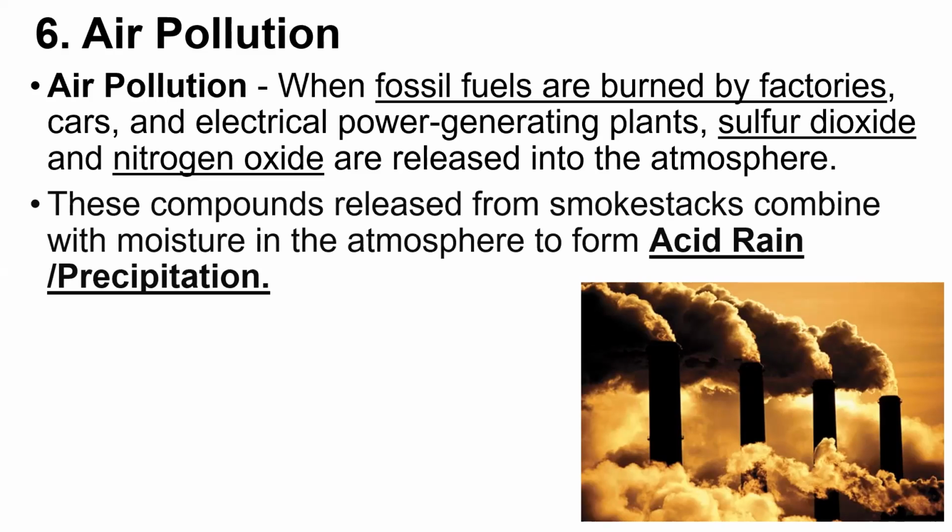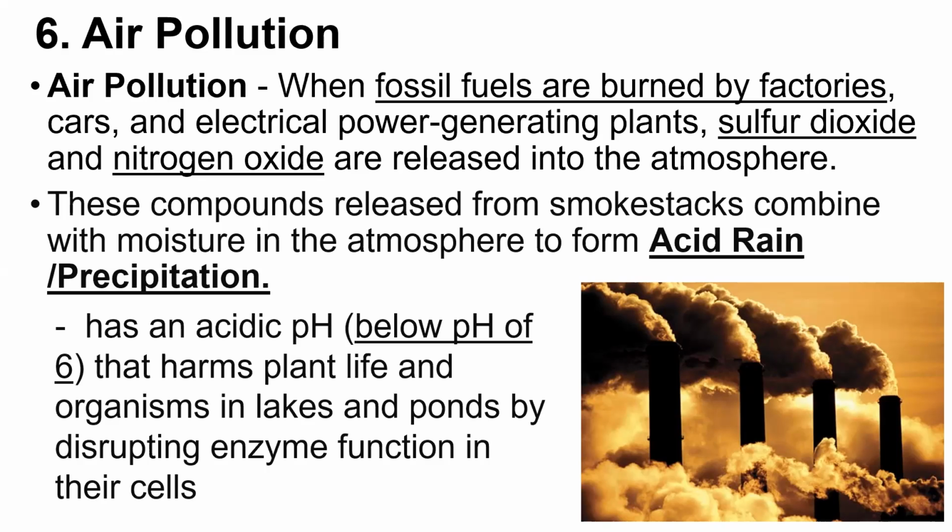You know what acids are. If you remember back to our biochemistry unit, we learned the pH scale. And something that's a low pH is called an acid. It is acidic. Something that has a higher pH would be alkaline, the opposite. And so these chemicals, when combined with water in the atmosphere forming rain, are going to reduce the pH level of that water. And this acidic pH, which is anything 6 or lower, that's acidic on the pH scale, is